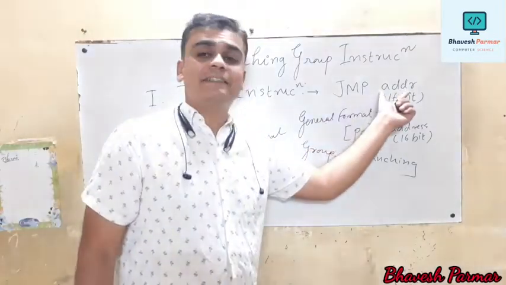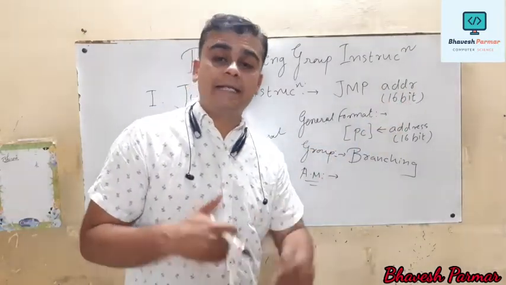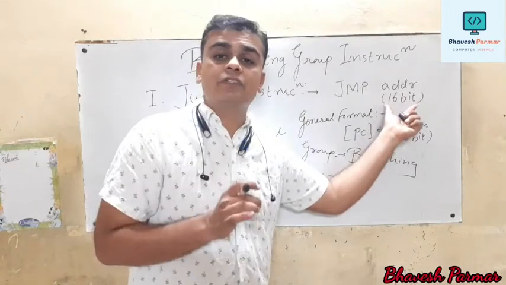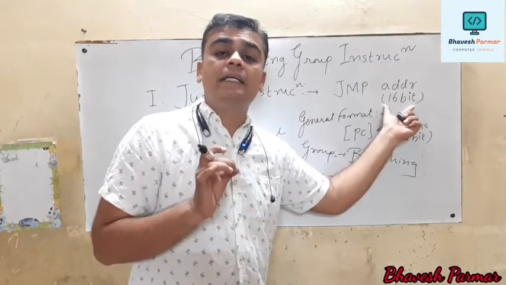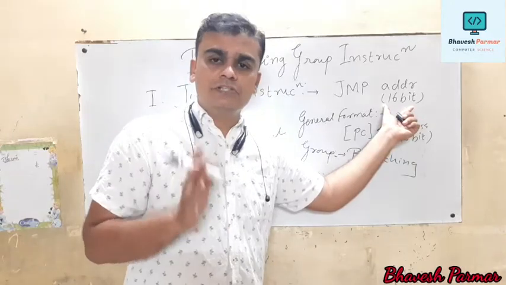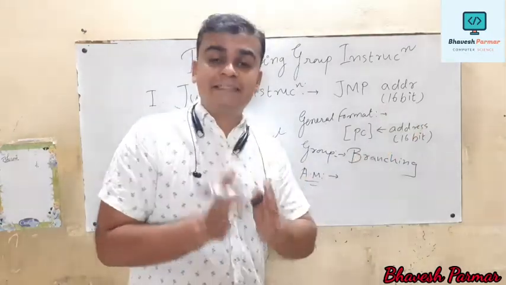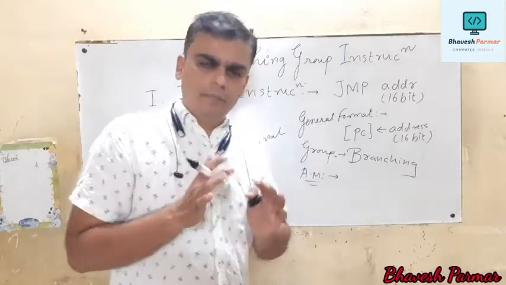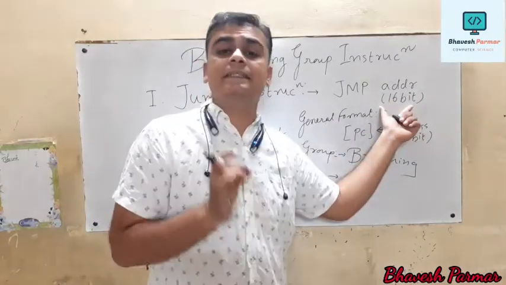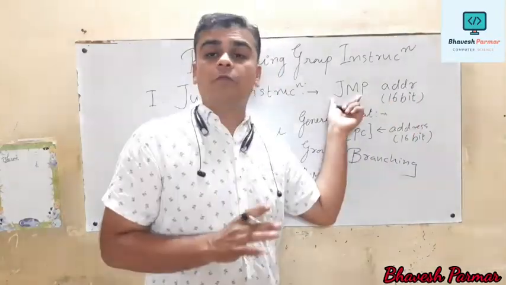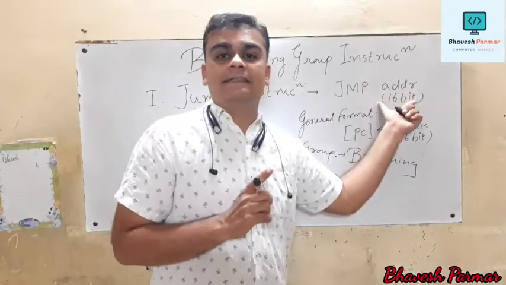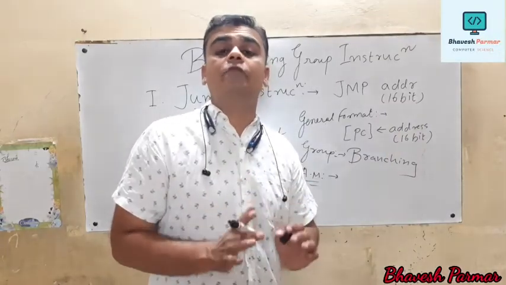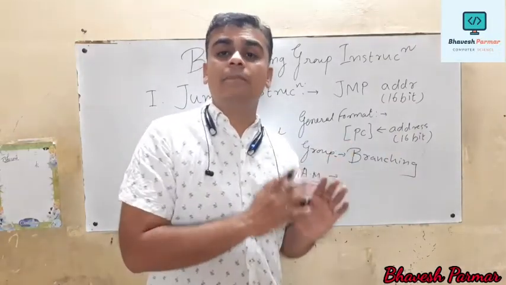After the instruction, the address is given, so that's why it is called direct addressing mode, and it is a 3-byte instruction. Why is it a 3-byte instruction? Because in this instruction we are going to operate on 16-bit data. Generally a 16-bit address is stored in 8-bit form, so that's why we call them data, but in this scenario we say it is a 16-bit address. The jump requires 1 byte to store in memory, and the 16-bit address requires 2 bytes. So in total we require 3 bytes to store this jump address instruction.